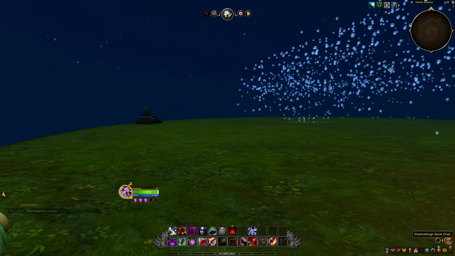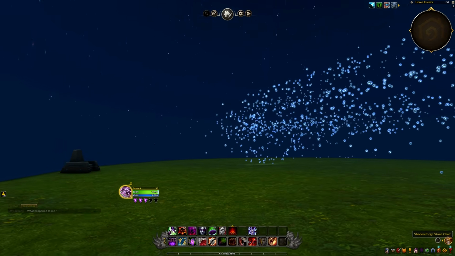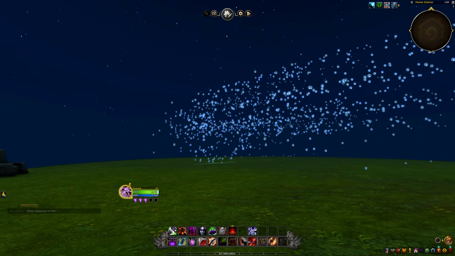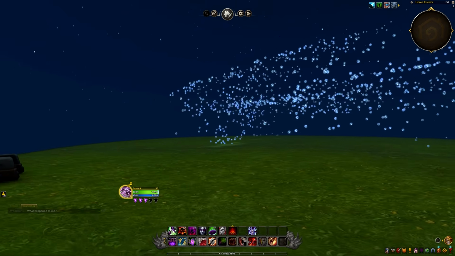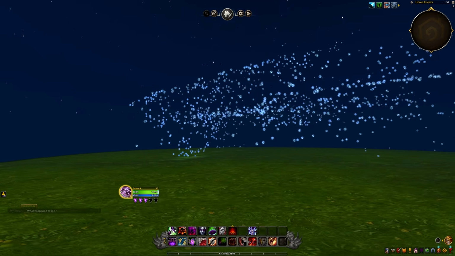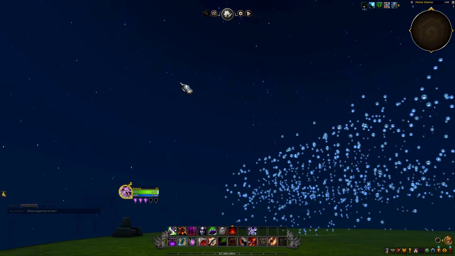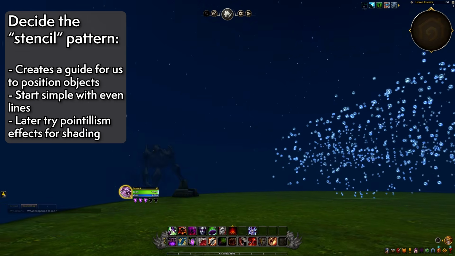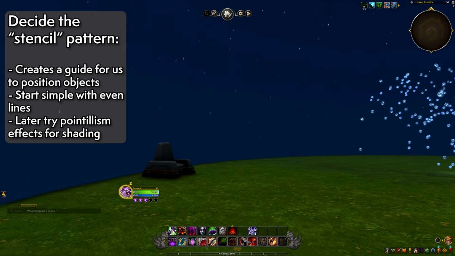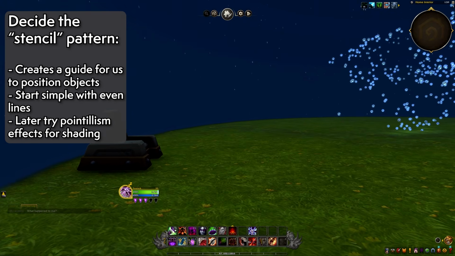But instead I went with this, mostly an experiment, and then from there you folks who are highly creative can make up your own sort of thing. So let's first start off with, well, what kind of thing do you want to create in the sky? The first thing is you want to at least decide on a fairly simple sort of pattern or picture,